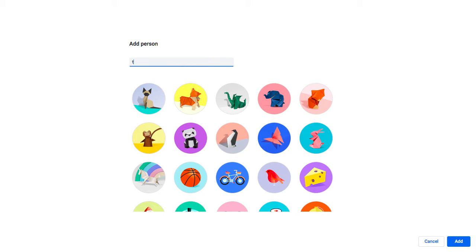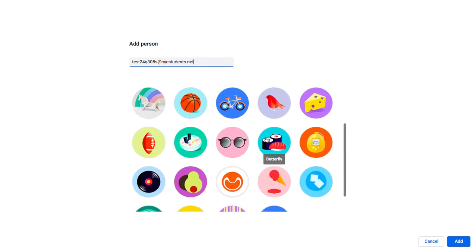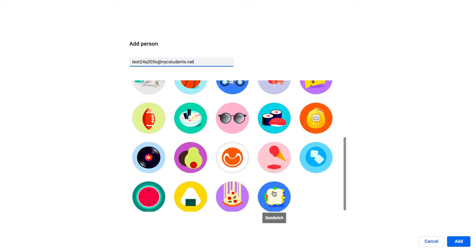I'm going to put in mine, which looks different than the normal students, but it does end with nycstudents.net, which is the important part. And I could pick a cool picture. Let's pick this pizza falling down the stairs. And I'll press add. At the bottom, I'm going to press add.